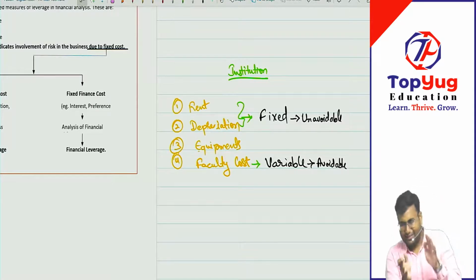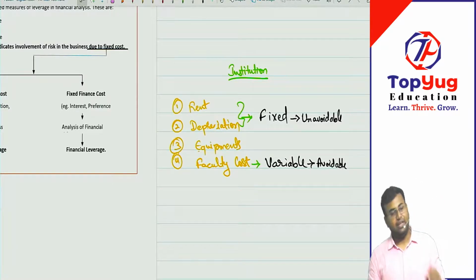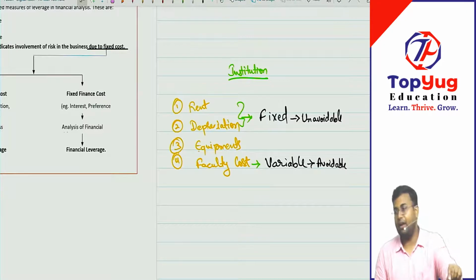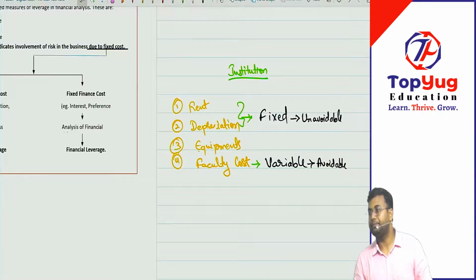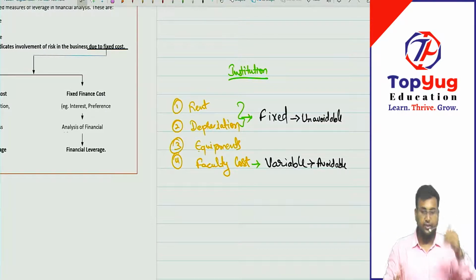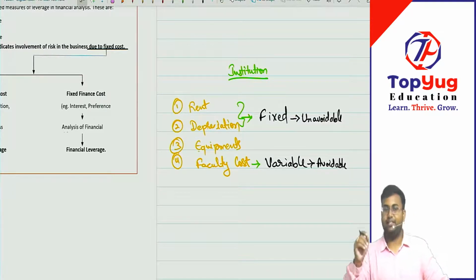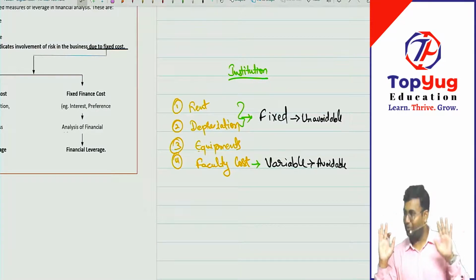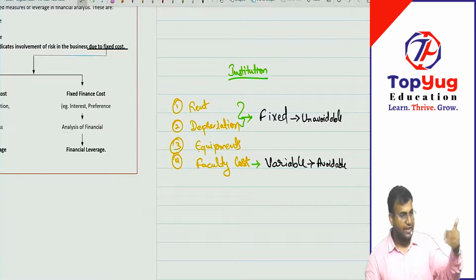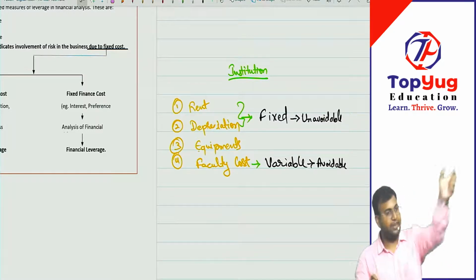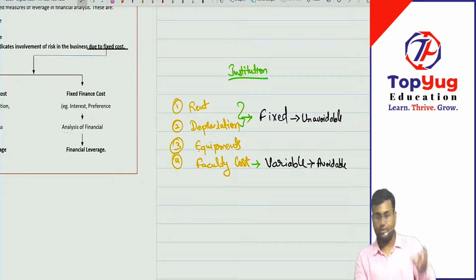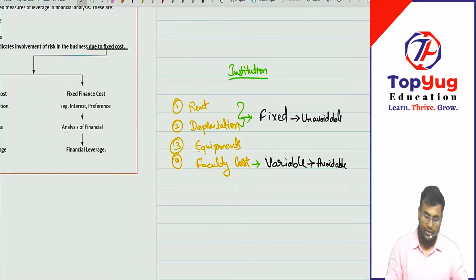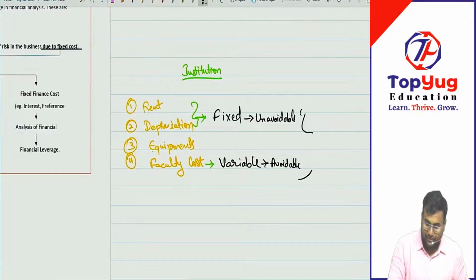Is this separation done in accounting when you prepare a financial statement? Is this distinction done there? Yes or no? This is not an answer. Yes or no? No? Sure? In financial statements, do you write variable cost, finance cost? No? Right? Okay, so that means this is not, that's why.